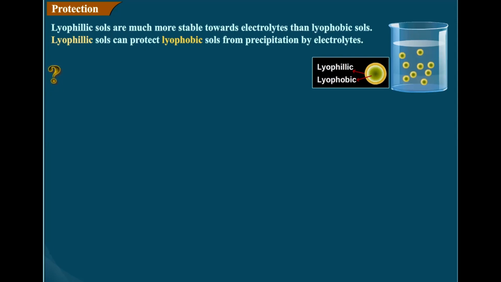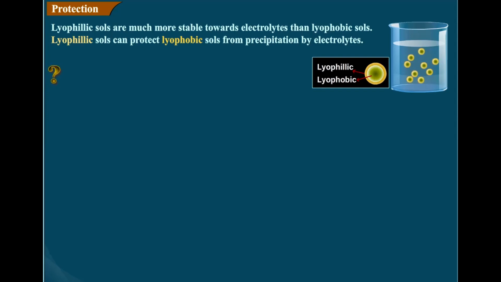Second, by adding a suitable solvent. When you add a solvent which is soluble in the dispersion medium, the solvation, that is the covering around the particle, is removed, and hence the stability also decreases. When solvents such as alcohol and acetone are added to hydrophilic sols, hydrophilic means the solvent is water. When you add alcohol or acetone, the solvation, the protection given around the particle, is removed because it is soluble, and hence coagulation will take place.